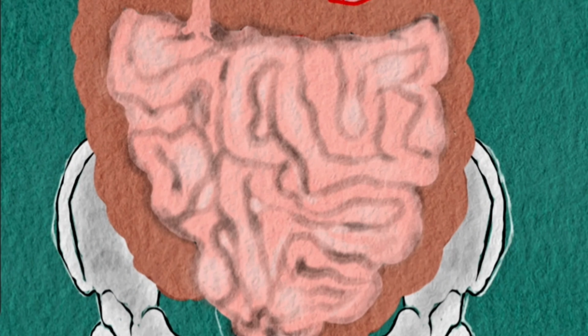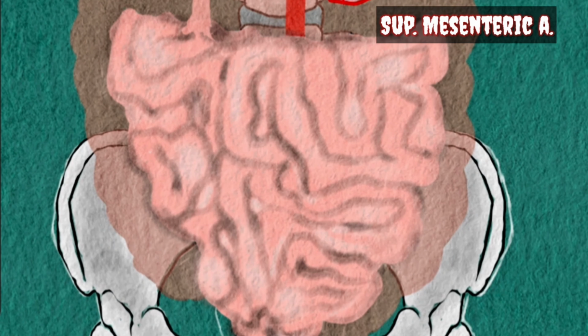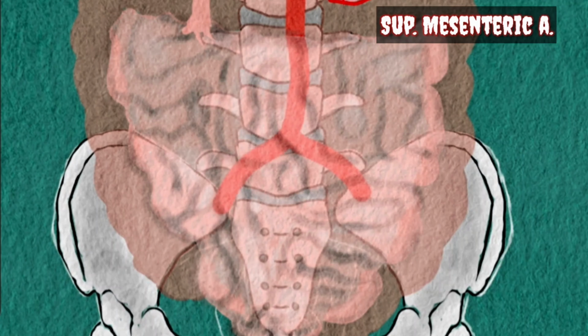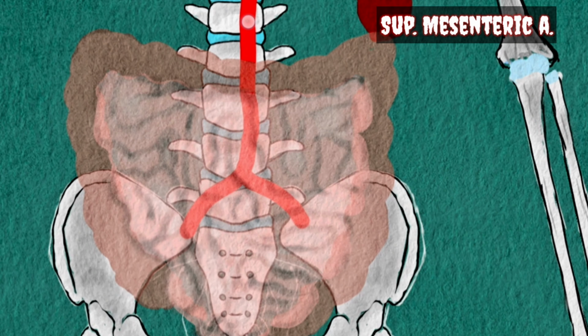Let's go to see the superior mesenteric artery. It is the second of the 3 major anterior branches of the abdominal aorta. It arises anteriorly from the abdominal aorta at the level of L1 vertebra, immediately inferior to the origin of the celiac trunk. After arising from the abdominal aorta, the superior mesenteric artery descends down to the posterior aspect of the